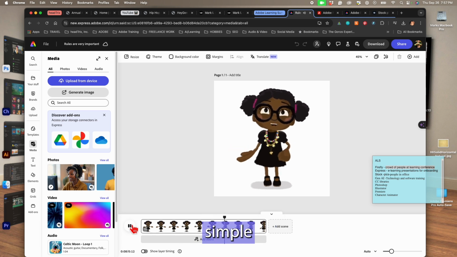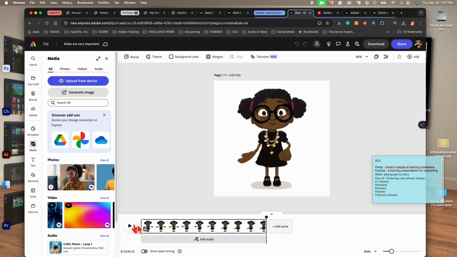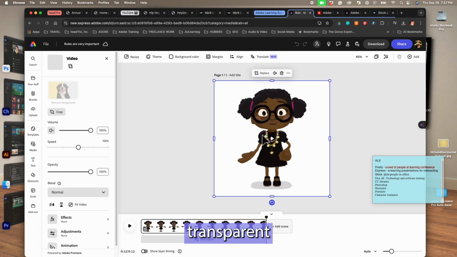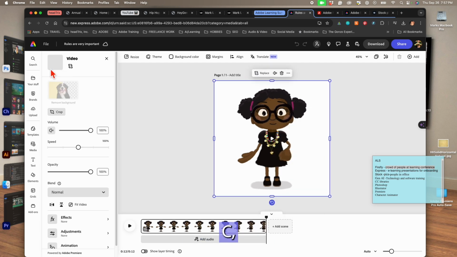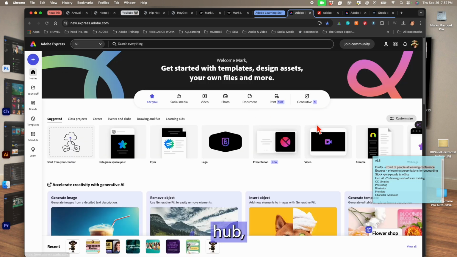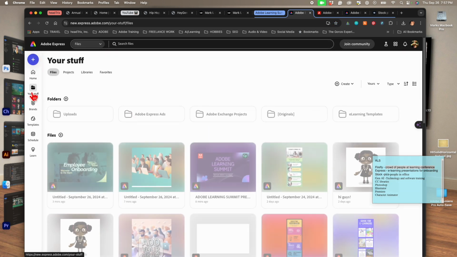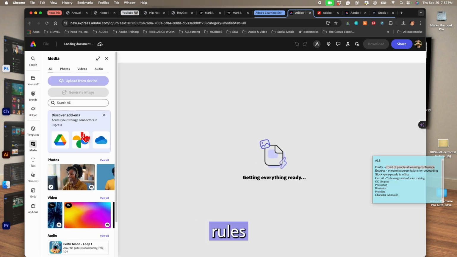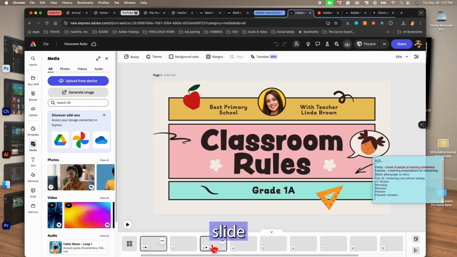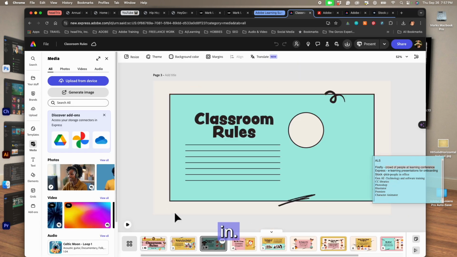So these are our simple and important rules to be followed during our classes. So then I can just come in here, because it's a transparent background, and right click and just copy, a simple copy, or Control C. I can go back to my hub, back to my stuff, and into my e-learning templates, and open up this classroom rules. And then I can just come to this other slide and just paste her in,